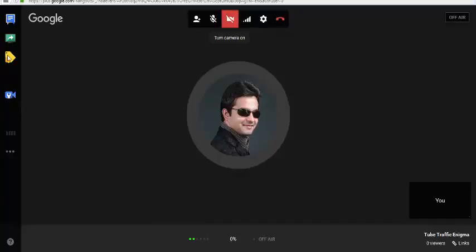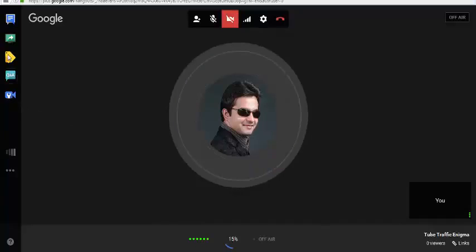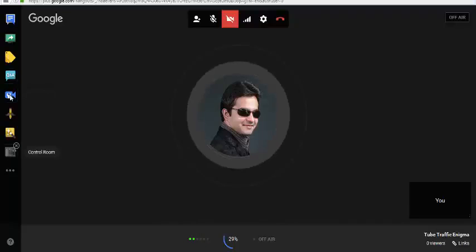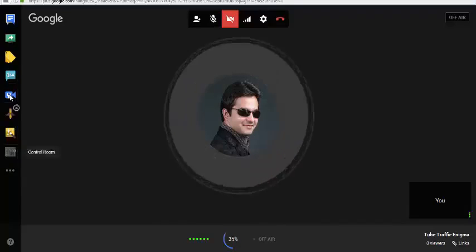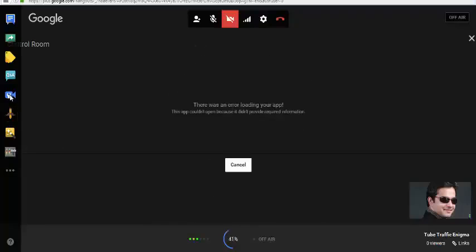Now over here you can see the controls. Before you go live, you can have the control room info, which I'll show you in a few seconds. Let this load up. Because I haven't created my own image or video, there is an error, but don't worry, it will be all good. Along with that, you can see the Q&A section, where you can answer the Q&As. You can do the screen share live in the hangout. These are some of the other cool things.